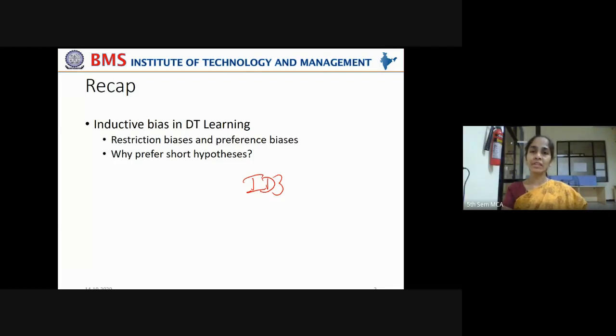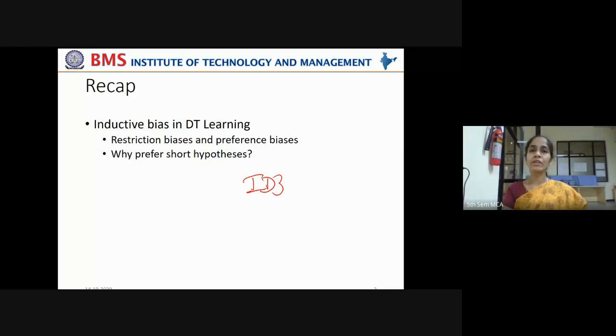So it is imposing a restriction on the hypotheses that should be stored in the hypothesis space. That is why we call it restriction bias. Whereas in the ID3 algorithm, in the hypothesis space, you have optimal solutions, but you select the solution which is small and simple, right? You're trying to prefer among the optimal solutions. That is why it is called preference bias.